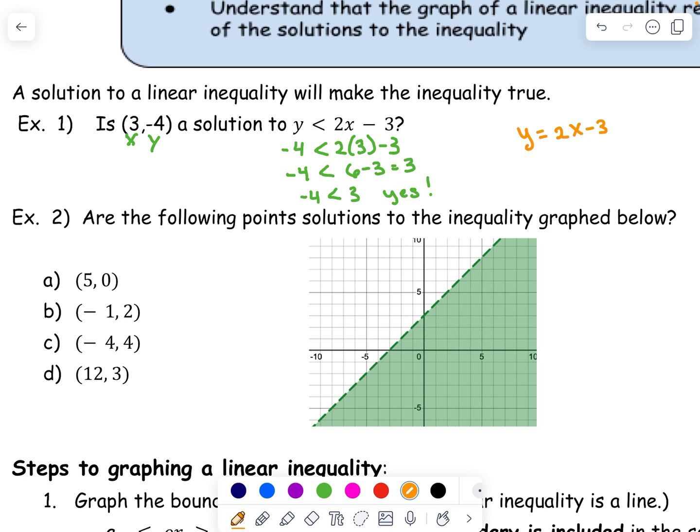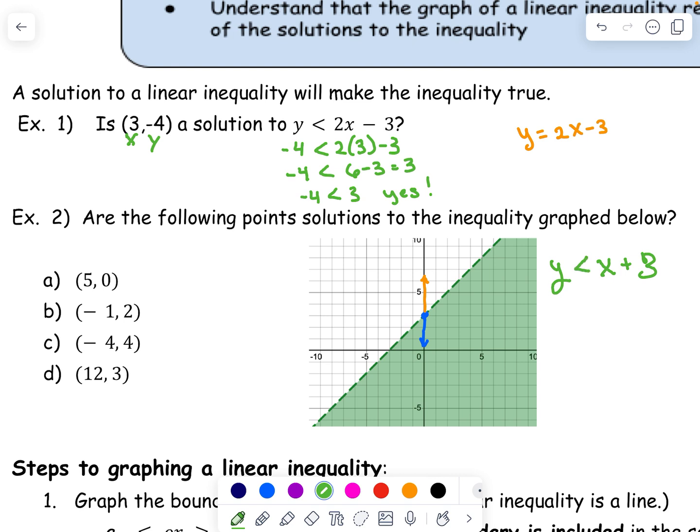Now, if we're looking at the graph of the inequality below, you can see this would have a y-intercept of 3, and it has a slope of up 1 over 1. So this is 1x plus 3. Now, the question is, are we taking the y's above or below it? If I was taking the y values below it, these points would be shaded. But if I was taking the y values above it, or greater than the y value I got, these would be shaded. You can obviously see that the ones below are shaded,